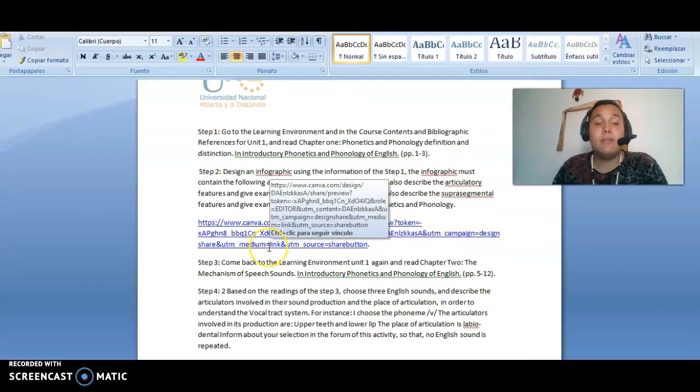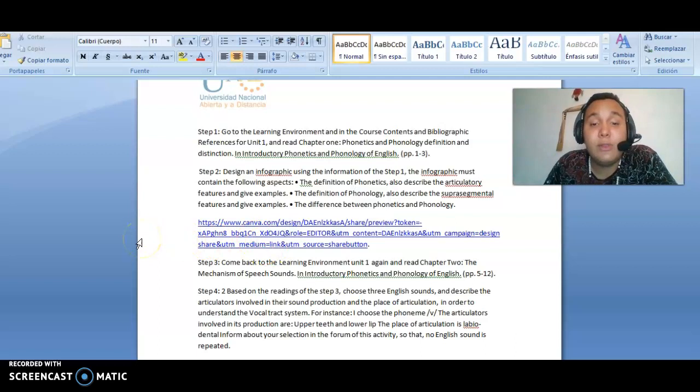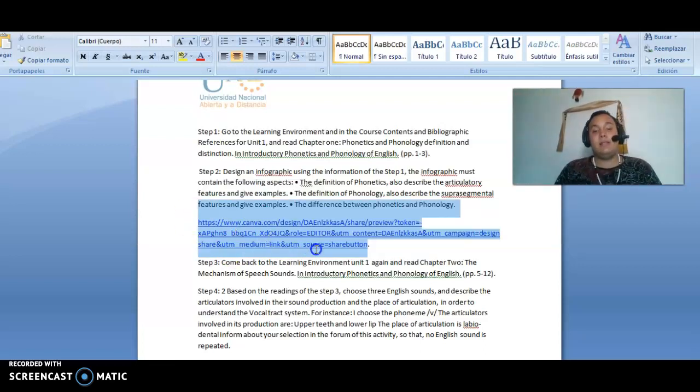Step 2: design an infographic using the information of step 1. The infographic must contain the following: 1, the definition of phonology; also, describe the suprasegmental feature and give an example; 3, the difference between phonetics and phonology. That's just the list of my